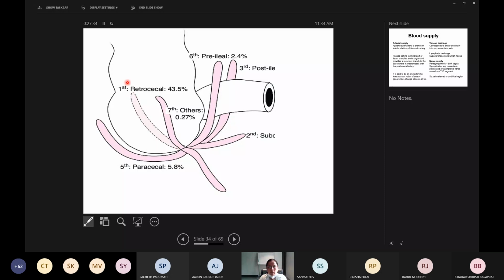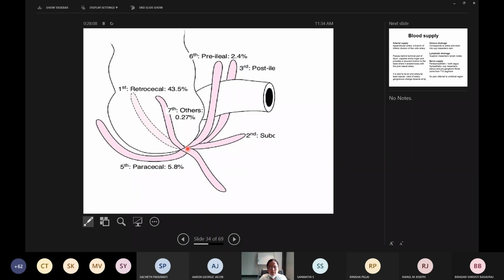Then you have the 11 o'clock position. Then you have something called the splenic type, which is seen in around 2% of individuals. It has a pre-ileal type and a post-ileal type, when it is passing in front of and behind the ileum. The pre-ileal variety is the most dangerous one because it will lead to inflammation of the general peritoneal cavity. So this is the splenic with the two types, pre-ileal and post-ileal.